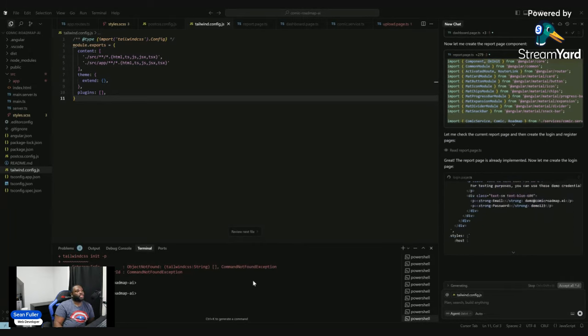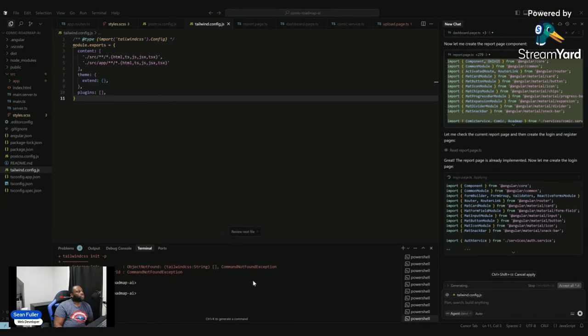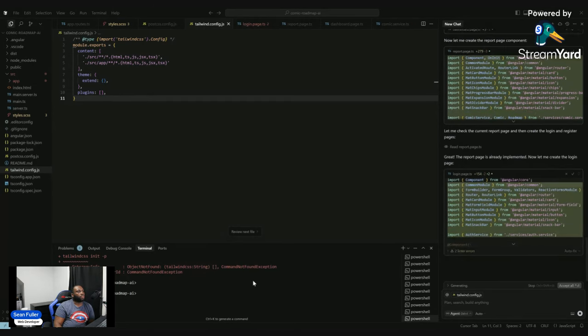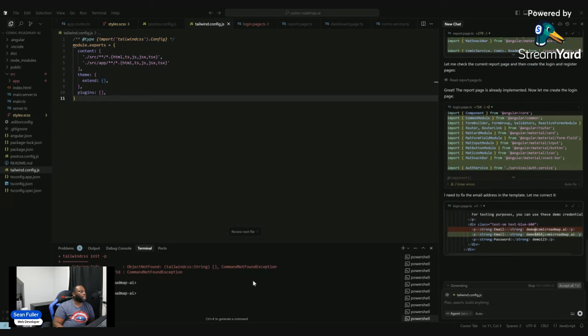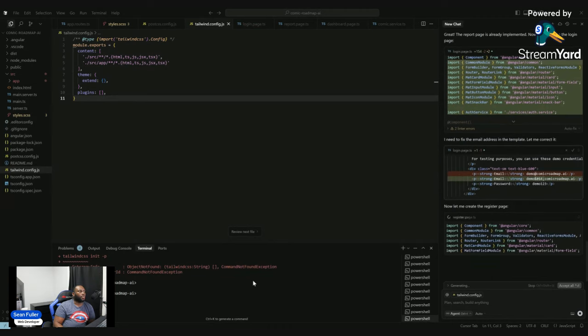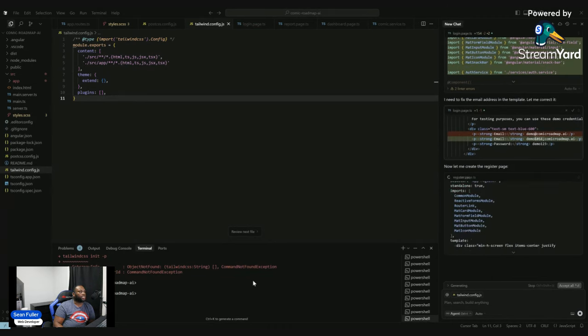And also, I've been using other tools. So what I'll be trying to do in this series is not only show how to build with this tool, but also show the difference between using other tools. For example, Replit, a great tool that I use for testing out other projects. It does a really good job in capturing